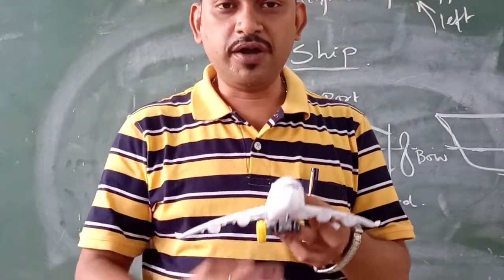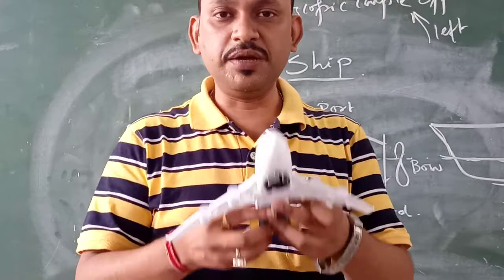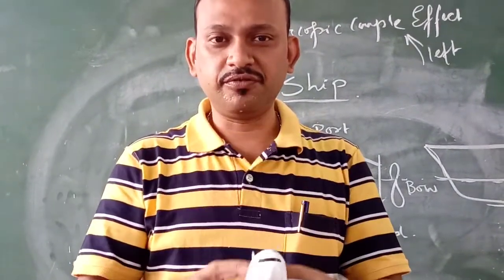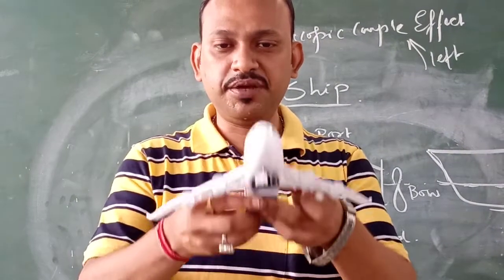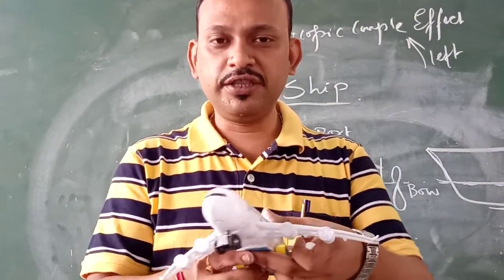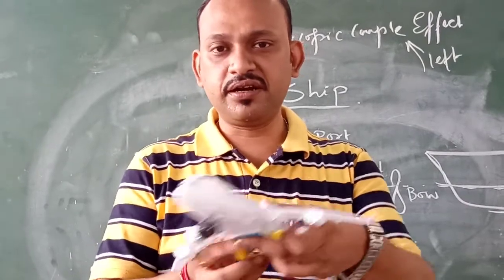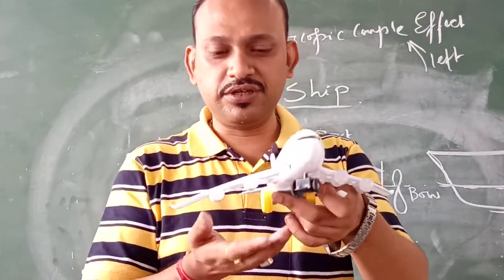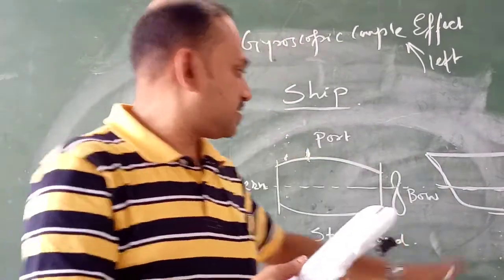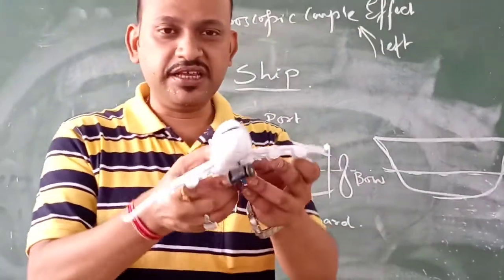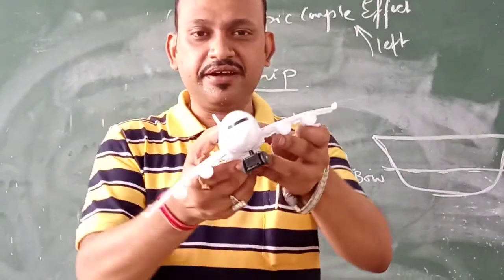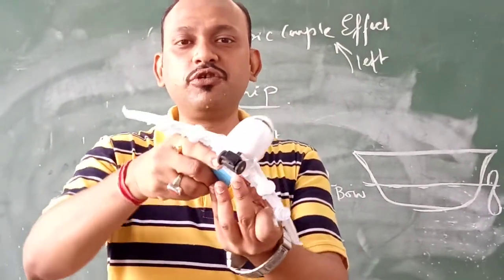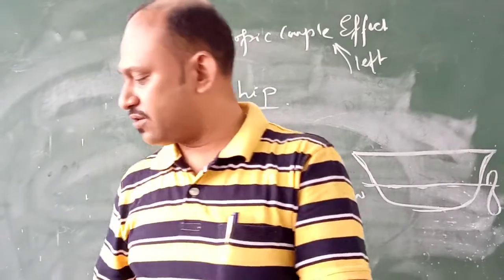One, when the ship moves with the waves, this is known as pitching effect. This is pitching. When the ship is moving forward with the wave, this is called pitching. When the ship is either steering to the left or right like this, it is called steering action. And during the movement, you can see that there is a water surface here. So automatically the ship will get inclined on its own axis, either in the left direction or in the right direction. This is called rolling. So three types of movement occur simultaneously.